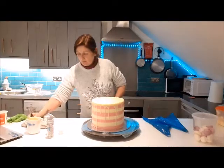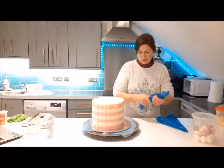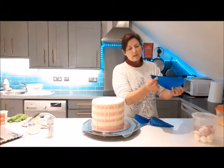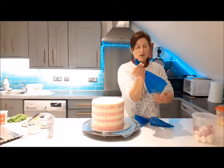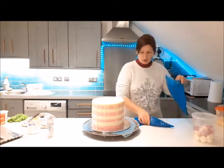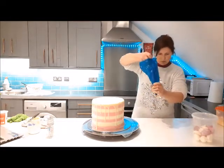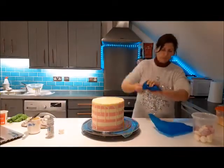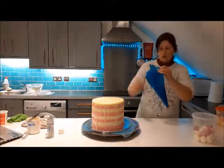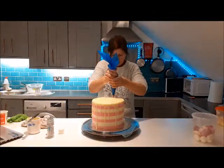All right, so I've got the last of the pink buttercream that I used to do the stripes, and in this bag I have an open rose nozzle, quite a big one, but an open rose nozzle, and I'm going to use that to do some decorations on the top. That goes inside the nozzle. Okay, so I'm just going to pipe